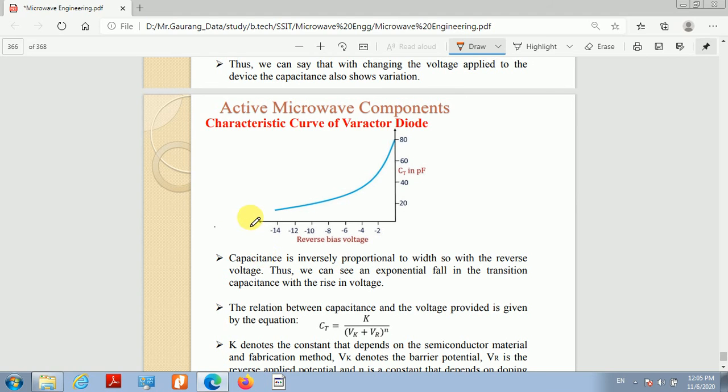You can see from this, as we increase the reverse bias, the capacitance is decreased. This x-axis represents the reverse bias voltage, and the y-axis represents the transition capacitance in picofarad. Basically capacitance is inversely proportional to the width. So as we increase the reverse bias, there is an exponential fall in the value of the capacitance with the